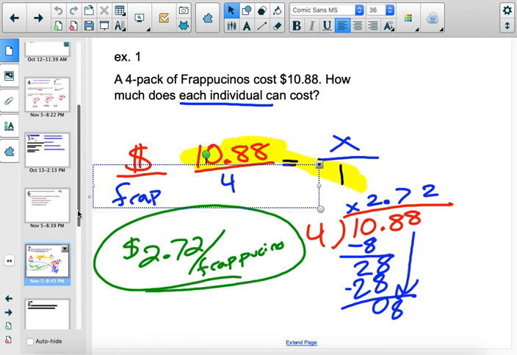You good? Yeah, question. In the beginning, when you were explaining this, you said not to do just $10 and 88 cents divided by 4. But that's what we ended up doing. That's what you end up doing. What I didn't want you to do is just have this in your notebook. I wanted you to have this. So I wanted to make sure that we're practicing this idea, because we're going to use it for a lot of different types of stuff. I know this is an easy problem that you could just have done this, but I was trying to make sure that you see why this became this though. Does that make sense?